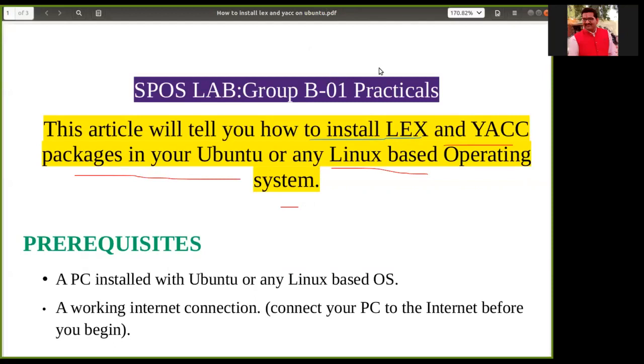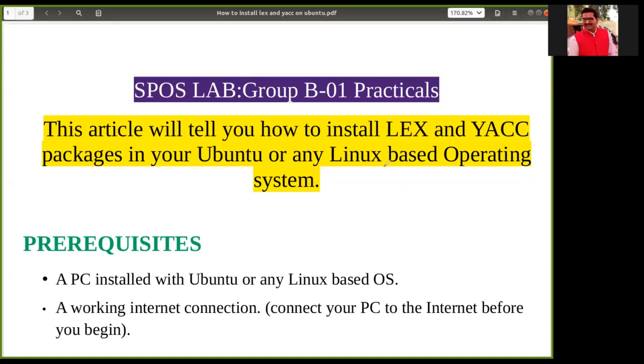So first let's understand how to install the Lex and Yak packages. Then we'll see the next part.